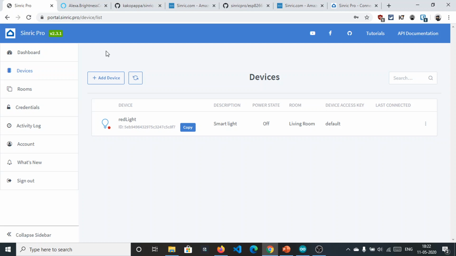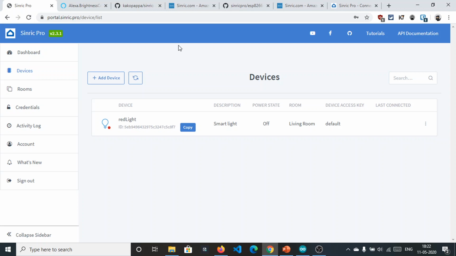You need to download that skill and connect it with this account by logging in to this account right here. Simply you need to pass the login credentials which you have set for this SinricPro account to the skill in the Amazon Alexa phone application.